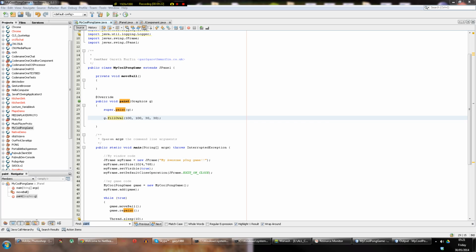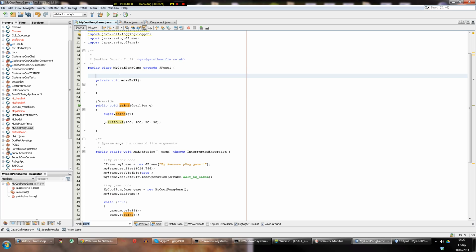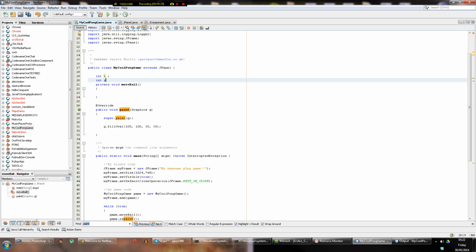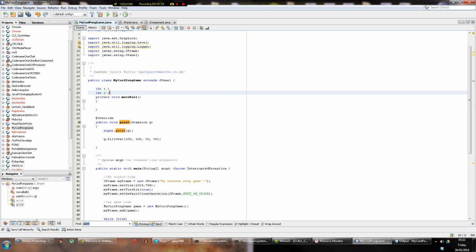So what you need to do is make two variables, one for x and one for y. That is going to be the ball x and the ball y. So instead of 100, put x and y in there. Which means anytime we change that x, it'll change down here, which means it'll change the ball position on the x coordinate. Change y, it'll change the y coordinate. So now you can see we're getting somewhere. So what happens if I just do x plus plus